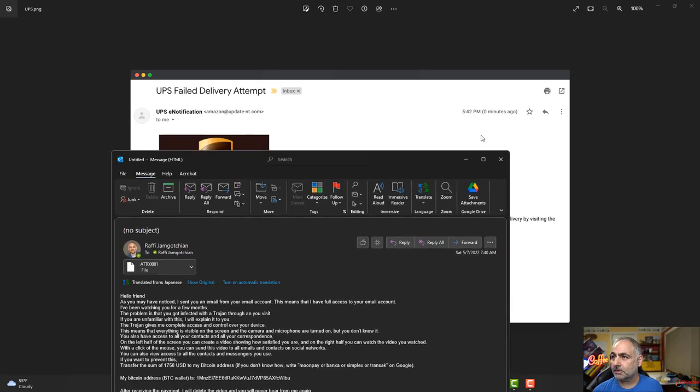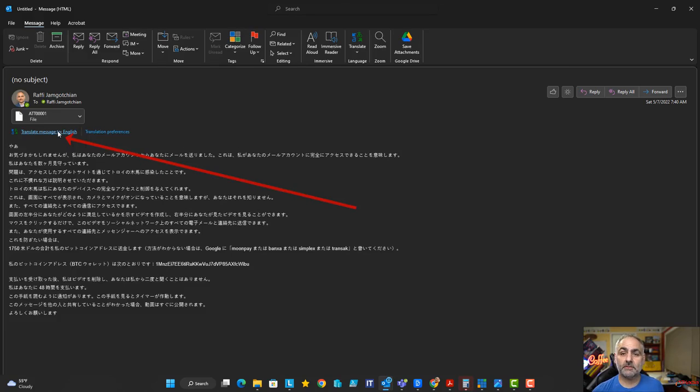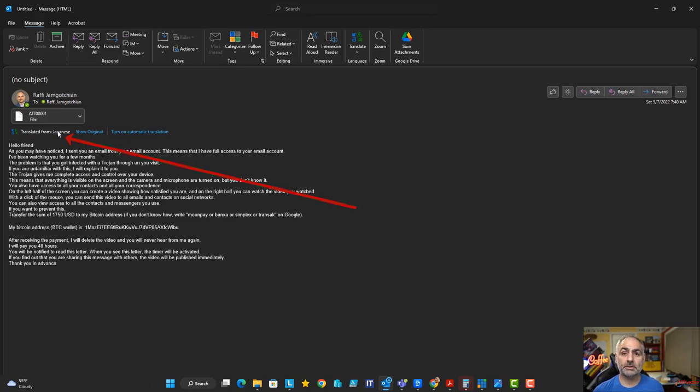Next example is one of the cool features of Outlook, which could potentially bite you, is that it will automatically translate an email. In this case, this email actually came in Japanese, but if you weren't paying attention, you would maybe not notice it. But you can see it's asking for a Bitcoin address. It's saying that you are caught doing something on video. This is a scam. This is a scam to try to get you to pay Bitcoin. So again, you're not going to get something in Japanese. That's how they snuck through the filter. In this case, this is something that should be flagged as a malicious attempt.